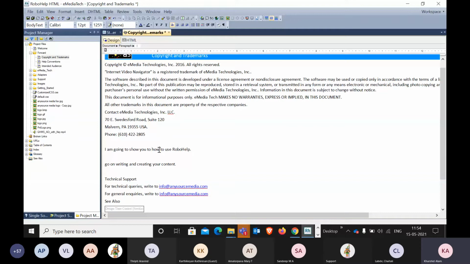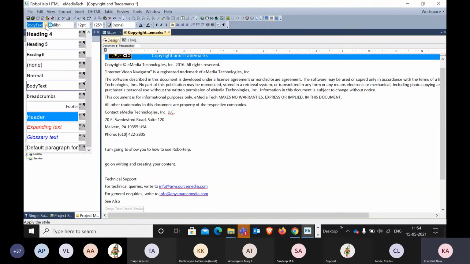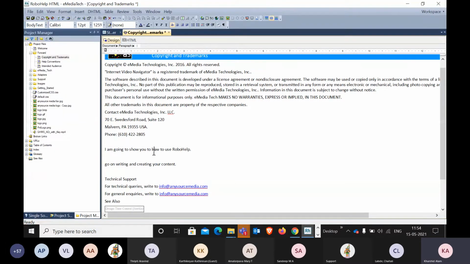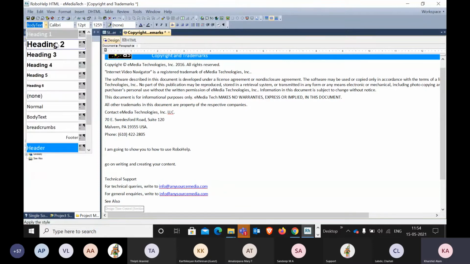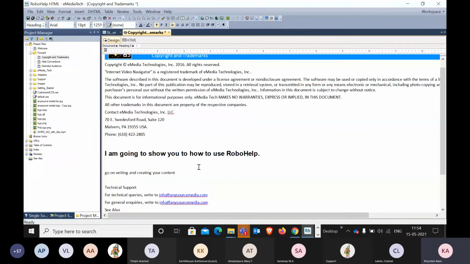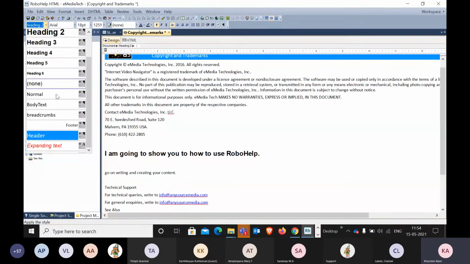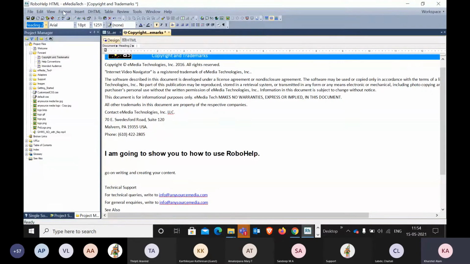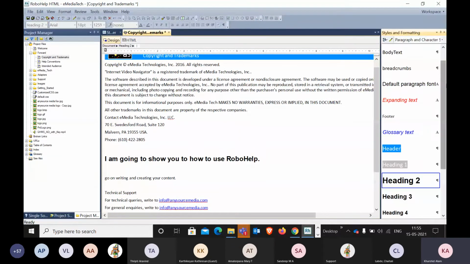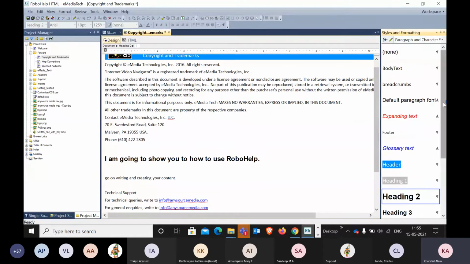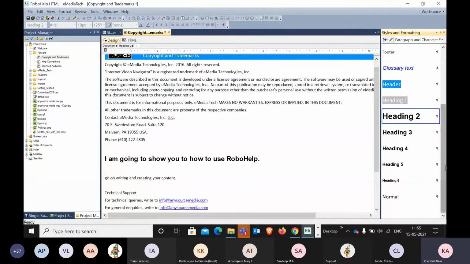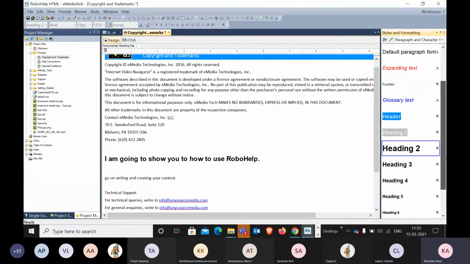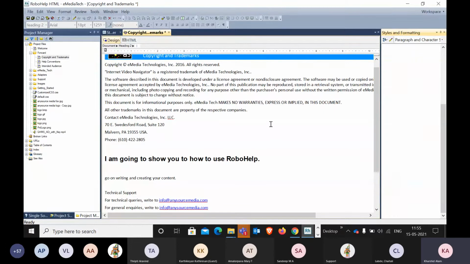Then if you need any style, you have to apply it as we apply in Microsoft Word, by going here. For example, if I want to make this a heading, I will select heading. It will become heading, heading 2, heading 3, whatever you want, and then normal, body text, everything. This also you have to create as we create in Microsoft Word. So here I have created all the design, because this is the current working project.